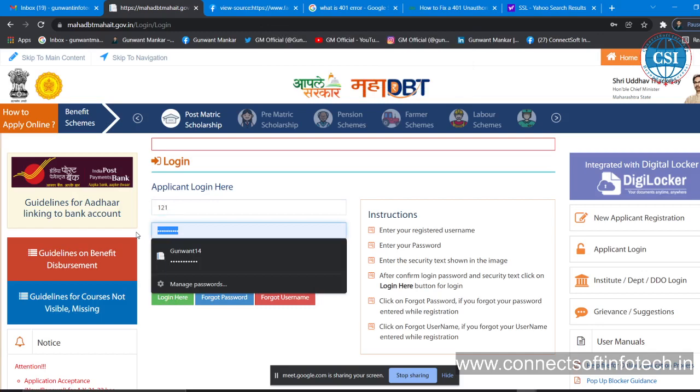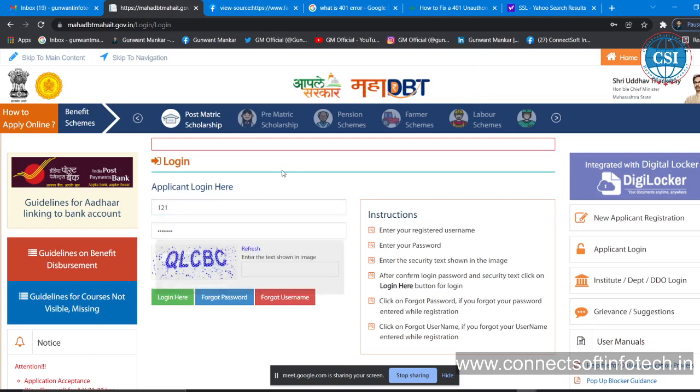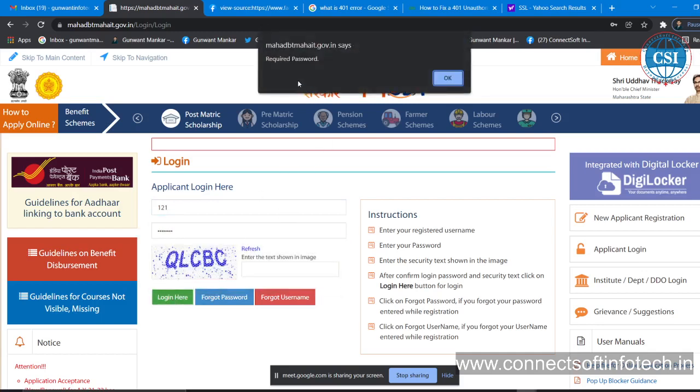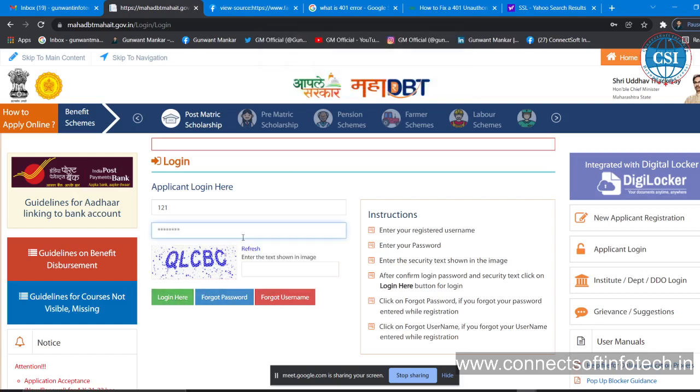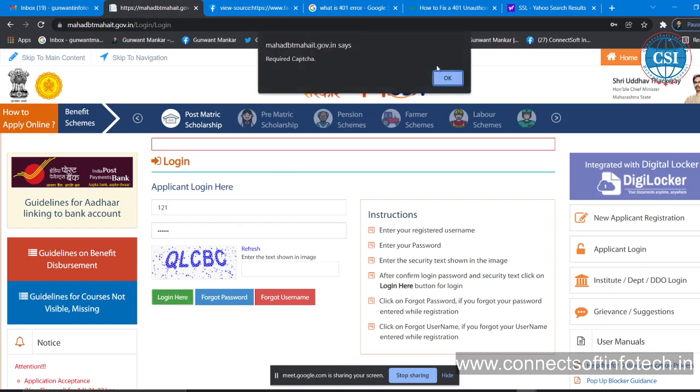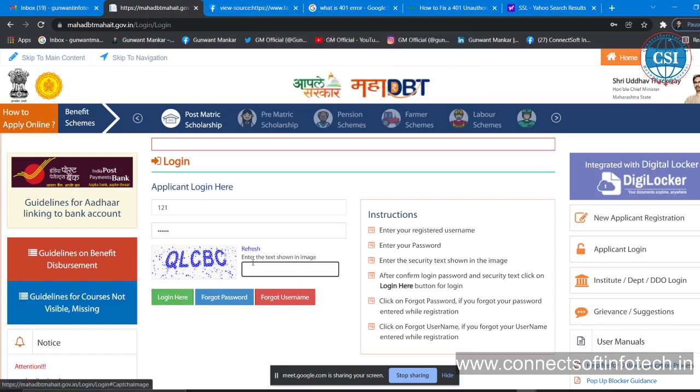Okay, I am writing. Now I have not written the password. Now click on login, required password is showing here. It's a client side validation, so I am writing something here. Then again it will show required captcha. It's a client side validation, मतलब हमारे साथ ही हो रहा है, अभी तक वो डेटा सर्वर में भेजा नहीं है चेक करने के लिए। ओके, अभी तक हमने डेटा भेजा ही नहीं है सर्वर में, सेंड ही नहीं किया है कुछ चेक करने के लिए। सो आई एम राइटिंग समथिंग, ओके, wrong